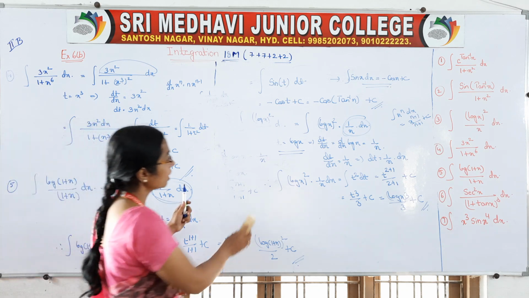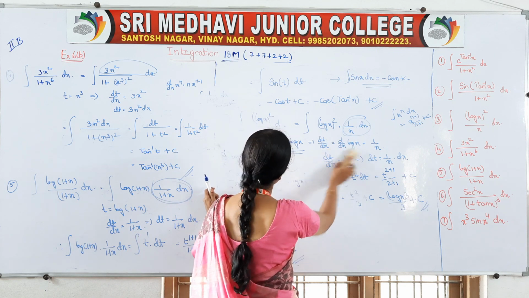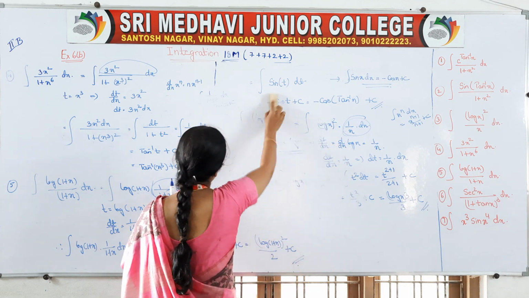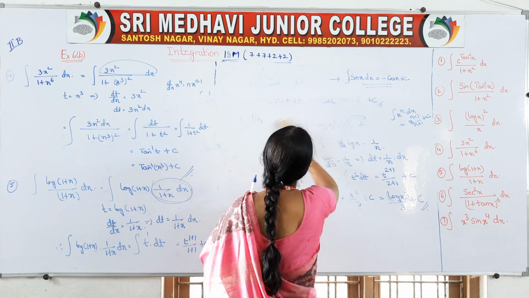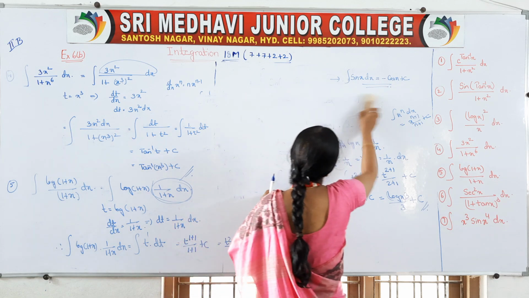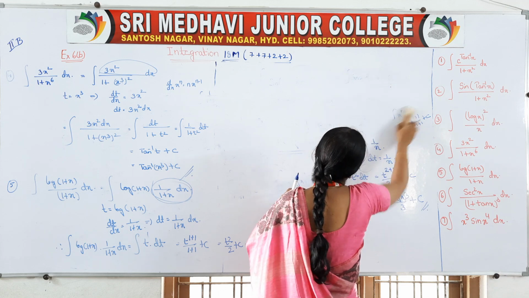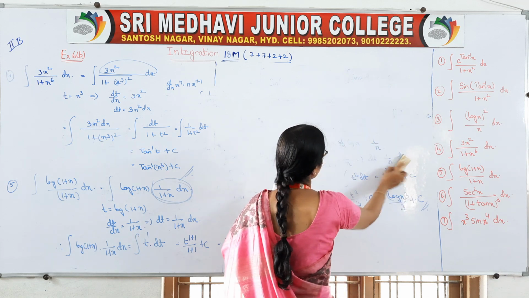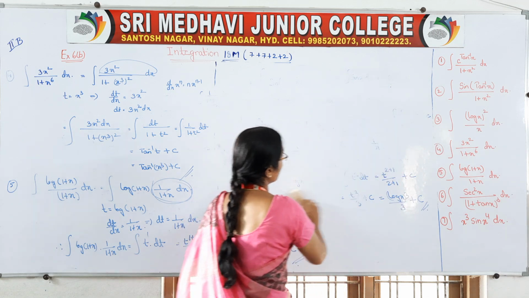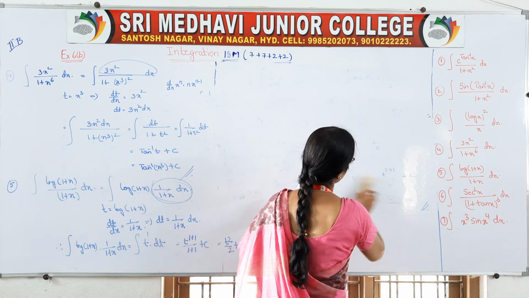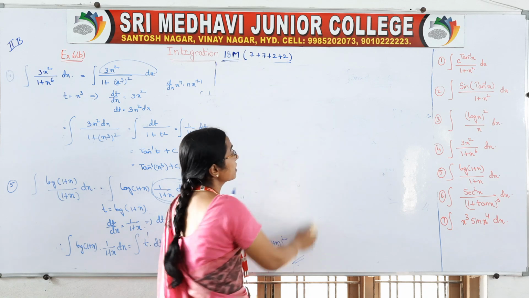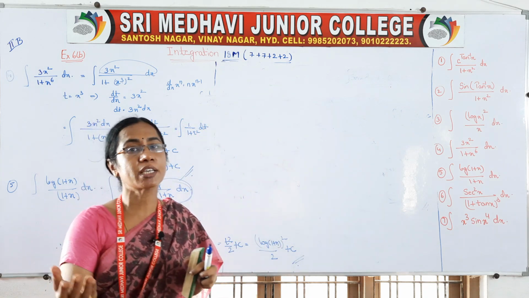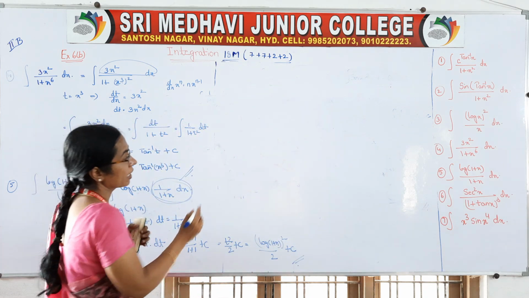You have to solve the seventh one. Even the sixth one, most of the girls can solve. Come on, try it. Try to solve that problem, and first observe the question: which value can be taken as t, so that after differentiation you can get another value? And the most important thing I said: the value which has more power, try to take that value as t, right?